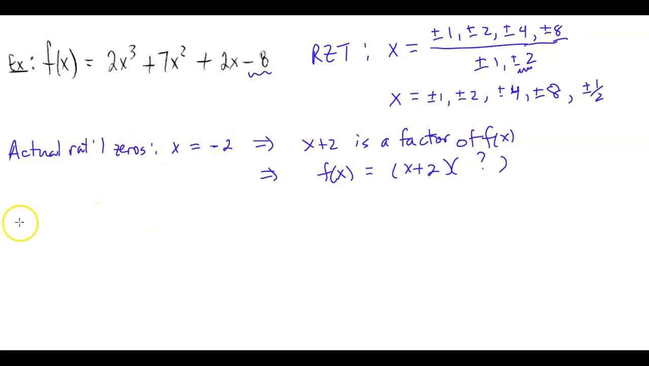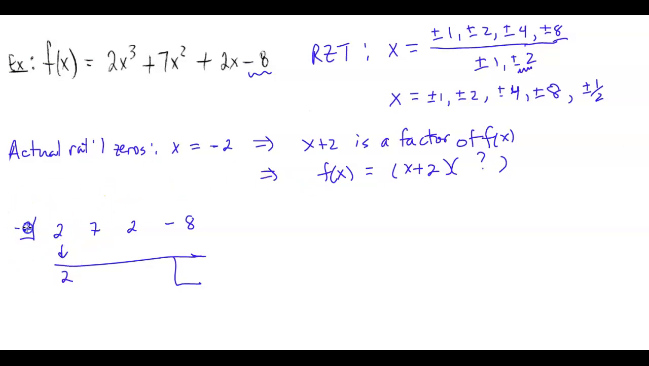So using our synthetic division setup, we know that the actual zero here is going to go in this spot, and we're going to write all of our coefficients here. So we have an x cubed, x squared, x, and then single number coefficient. So everything works out there. We bring this number down,